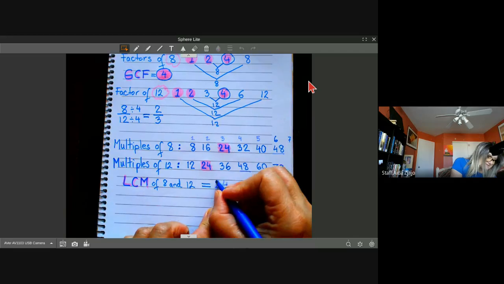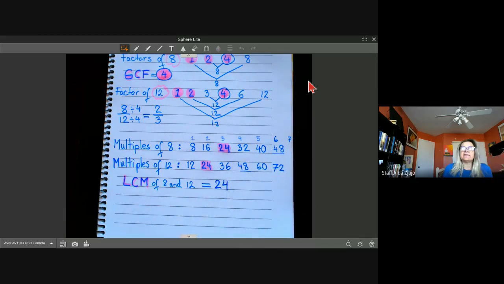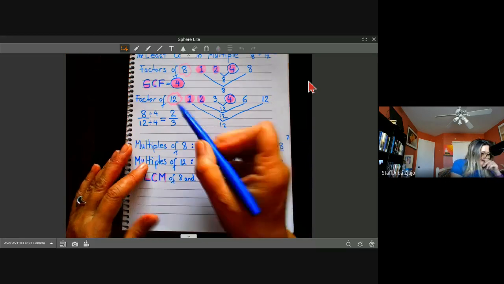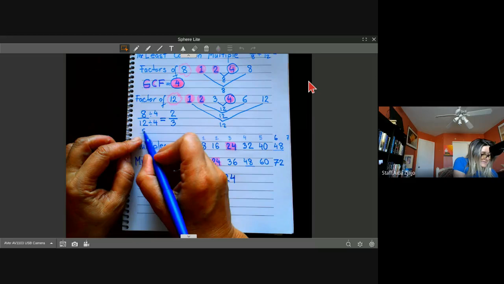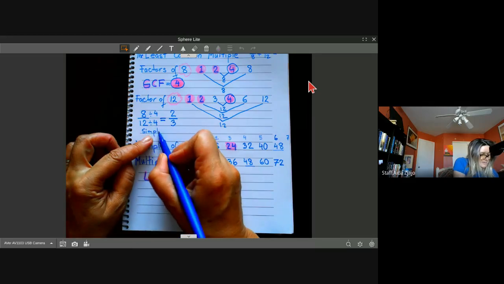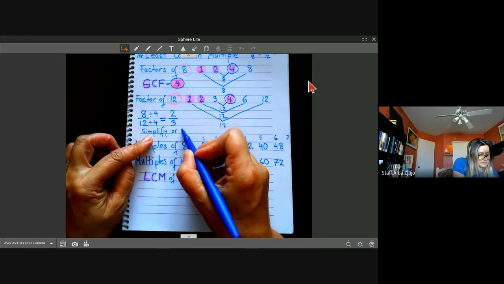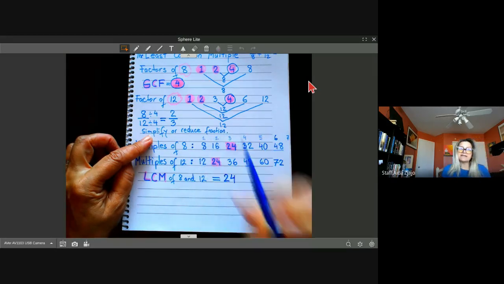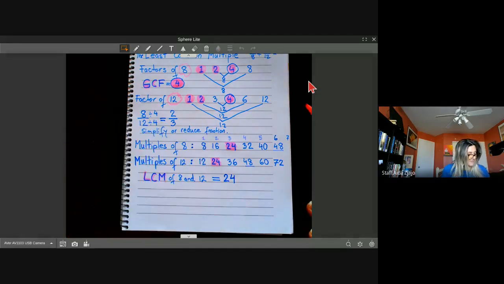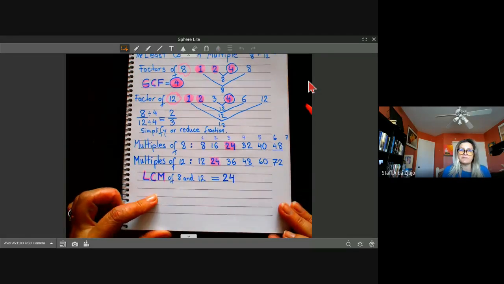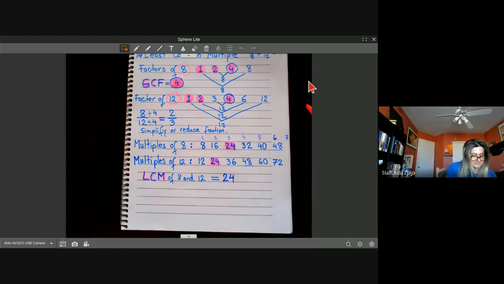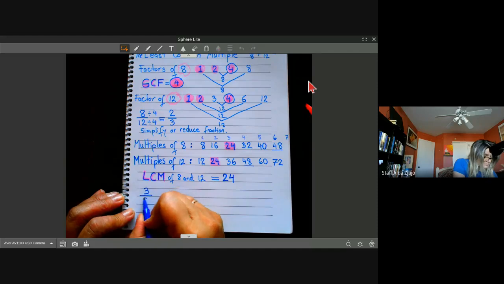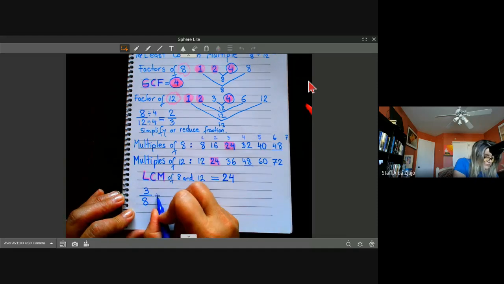And now I'm going to see how that can help me if I needed to add. Remember, the greatest common factor helps us to simplify or reduce fractions. That's what that helps us with, simplify or reduce fractions. And this one can help us to add or subtract fractions. So if we needed to add 3/8 plus 4/12,